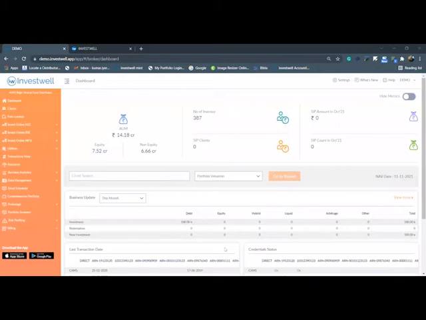Basically all the brokerage updation is automatically managed in the software. You're not supposed to do anything. If anyone has any queries, you can unmute or raise your hand and we can discuss it.